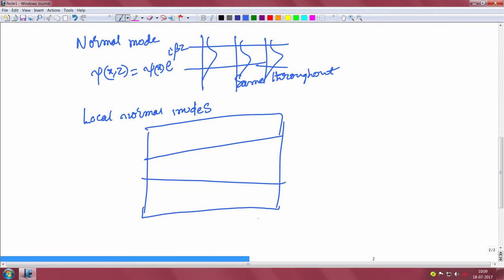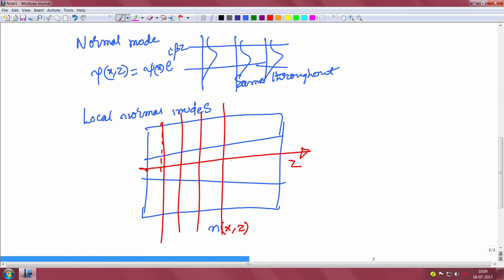Suppose we have a structure like this, and at every point along the propagation direction we have the refractive index profile given, and at every point along the propagation axis we can define a local normal mode. So, the use of this technique is you can divide the given structure into several segments like this and define a normal mode in each of these segments, let us say of the length delta z, each of these segments are of the size delta z, and you define a local normal mode at each point,